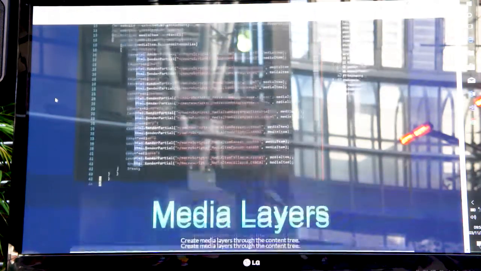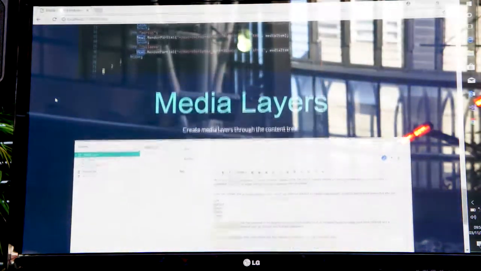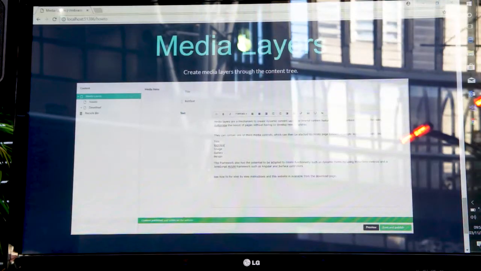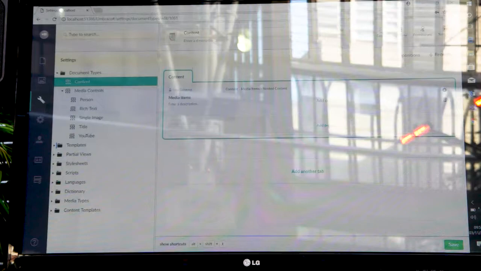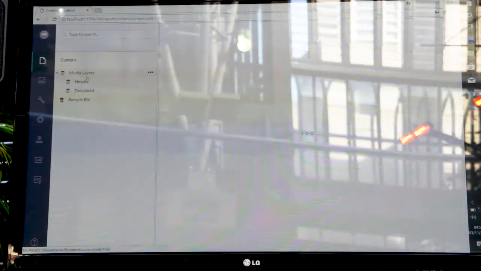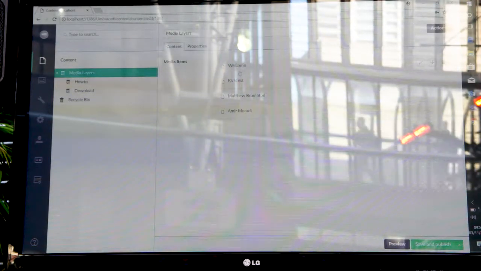Okay. And then you're ready to go. So once you've got these basic bindings set up, you can then go to your content tree. And here, they display as media items. So on the home page,